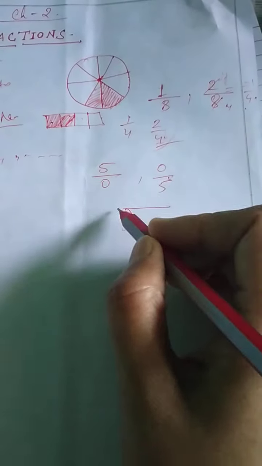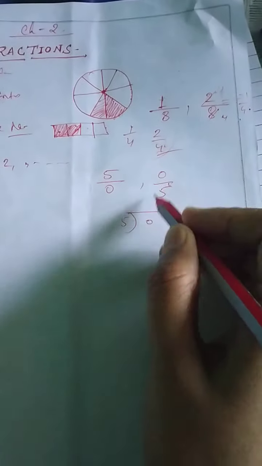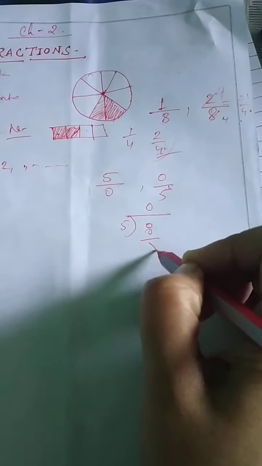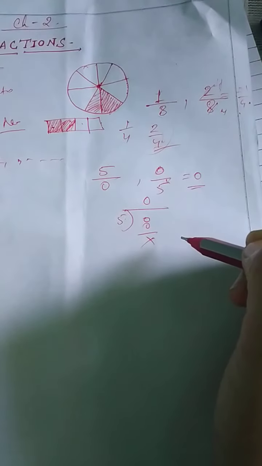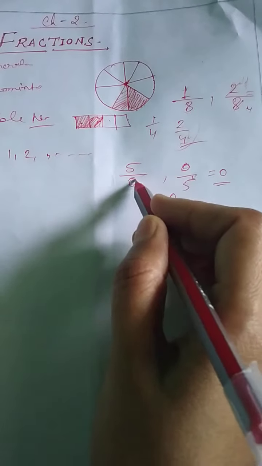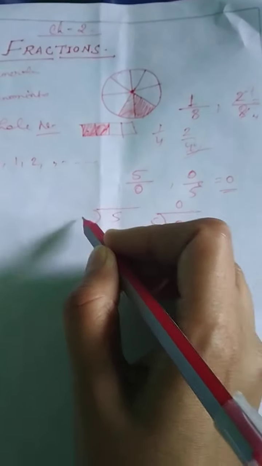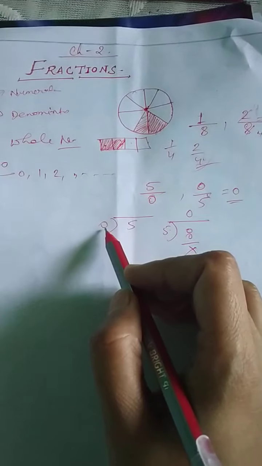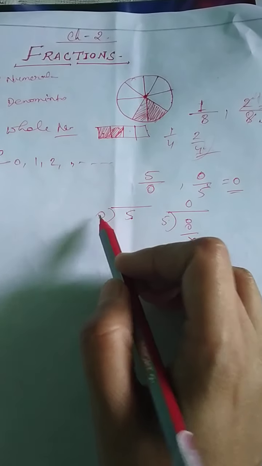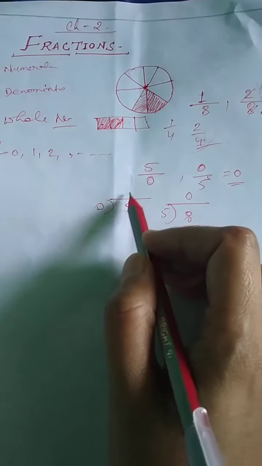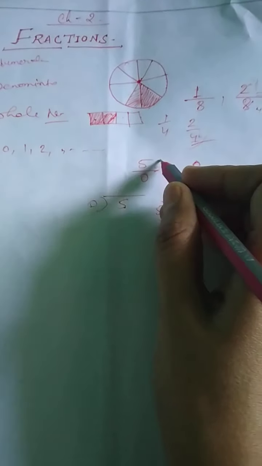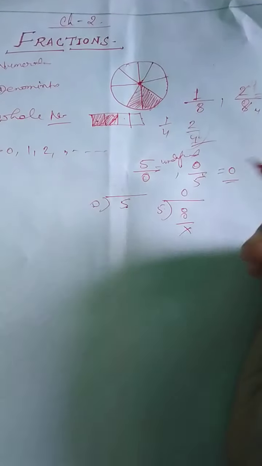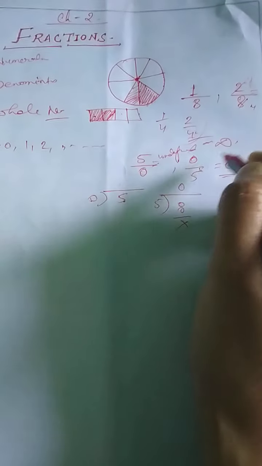So let's see which can divide. First I am going to do this. 5 is the divisor and 0 is inside. 5 zeros are 0. We can cancel it easily. So if the 0 is in the numerator, the answer will always be 0. But if the 0 is the denominator, let's see what will happen. You are going to divide this 5 by the number 0. 0 ones are 0, 0 twos are 0. 0 will never cancel this 5. So its value will be undefined. There is no value for this, or you can say undefined or infinity.